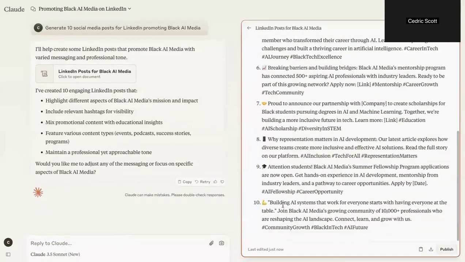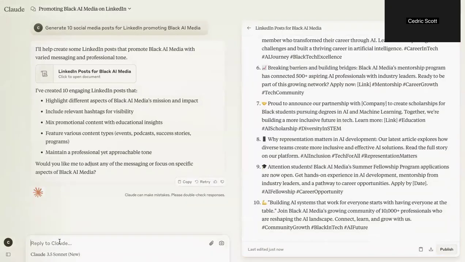Here's how we can. We can go back in and actually just ask it pretty explicitly, like, are all statistics and data completely accurate?